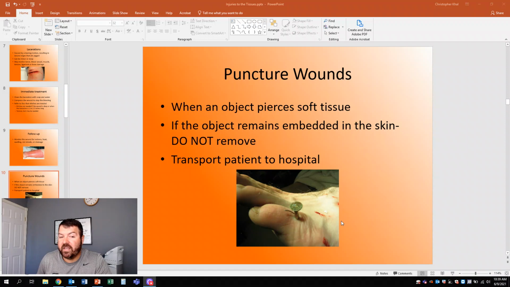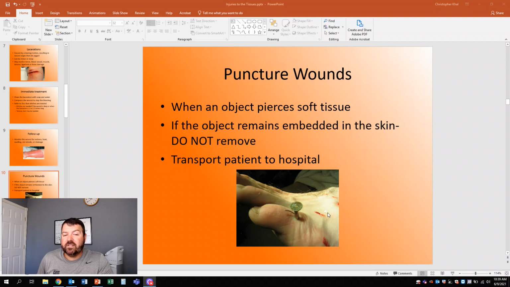Also, a lot of knives are serrated, so you're going to cause more damage pulling it out, or they're jagged on the back end of it, or even like a nail, for example. A lot of nails have some kind of engravings on the side or rough edges so they don't come out very easily. So you're going to cause more damage trying to pull it out. You're going to damage more structures. So whatever it is, do not pull it out. No matter what, do not pull it out.